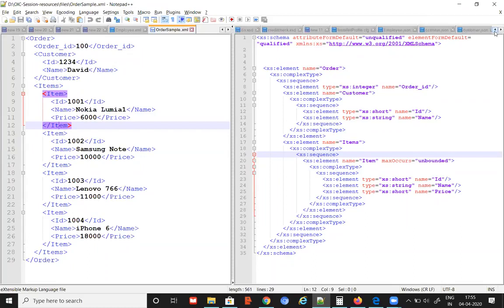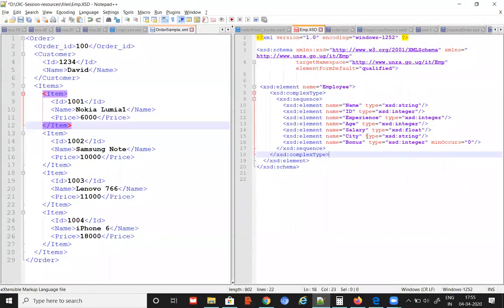Okay, let me go back to my employee XSD, which was a simple one. This one, right? Here, a few more things are there on top. One thing is xmlns:xsd, and it has some URL or some value. Then you have one more thing called targetNamespace. That also has some URL, or some value.